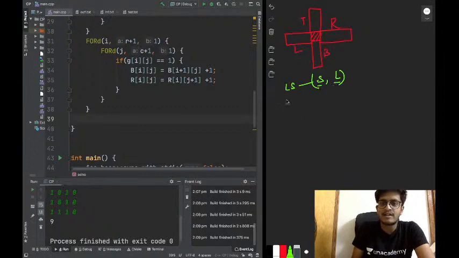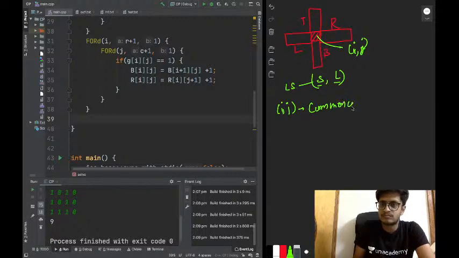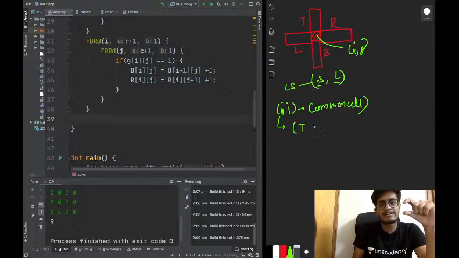We have seen that for any i, j as the centerpiece, which is joining both the segments as the common cell, we can have multiple L shapes. We can have some of the top as the shorter segment and the right as the longer segment.